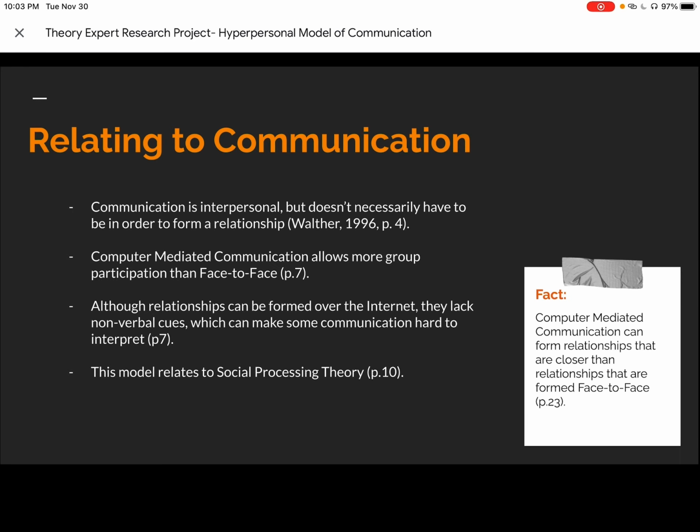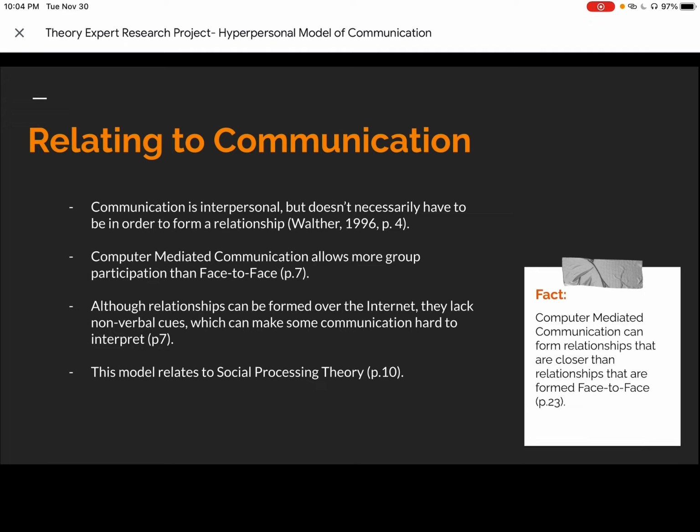So, how can the hyperpersonal model relate and explain communication? One interesting thing about this model is that although communication can be interpersonal, it doesn't necessarily have to be in order to form a relationship. Joseph Walther says that it can be good to have non-interpersonal communication over the computer. He also says that computer-mediated communication can allow more group participation, saying that "participation equality has emerged in many investigations